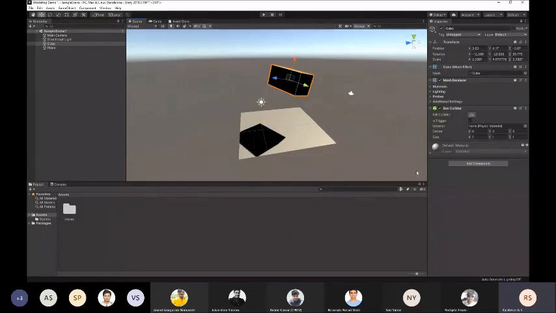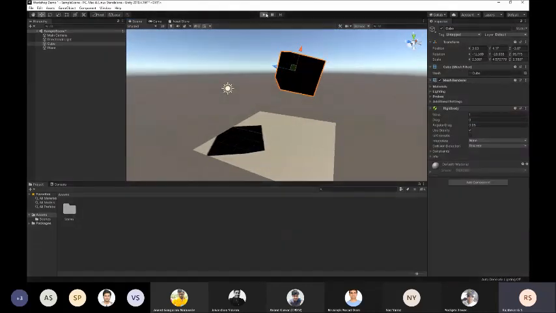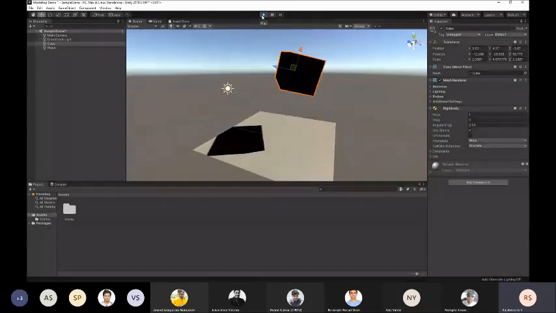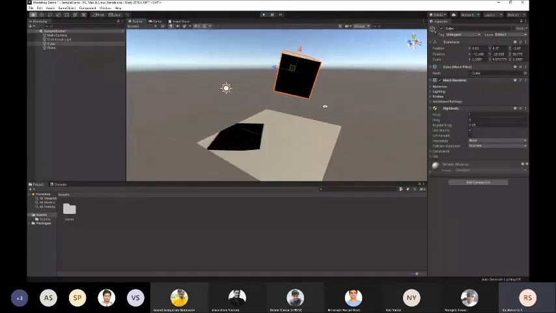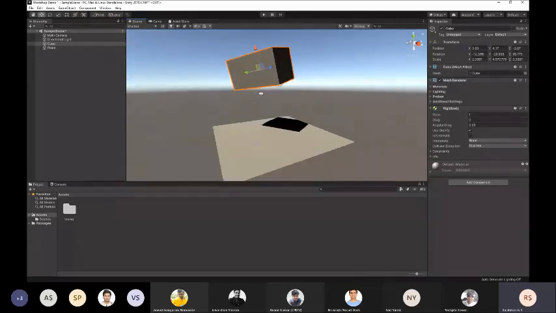Yeah, one more thing I want to tell is, so let me add the rigid body again. So now if I remove this box collider and then if I click on plane, you can see that object went directly through that plane, right? So why did that happen? Because Unity does not know what the boundaries of this object is. It does not know where to calculate a collision for this object. So that's what the box collider component does.